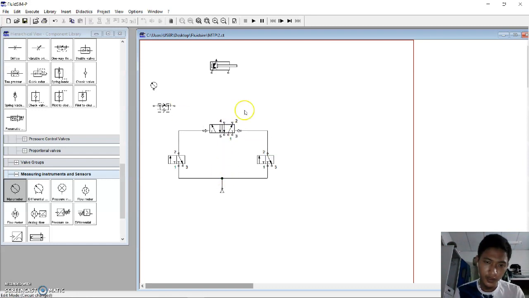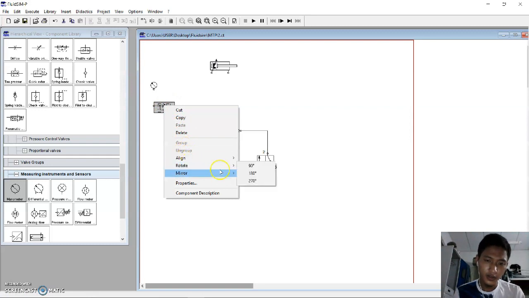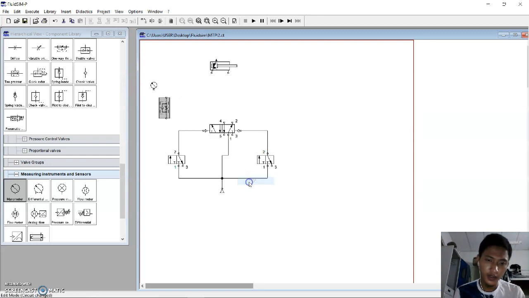So you can see they are connected. We connect the number 1 with the compressor. We must rotate 270 degrees and put it at the number 4, so we can do it in one line.